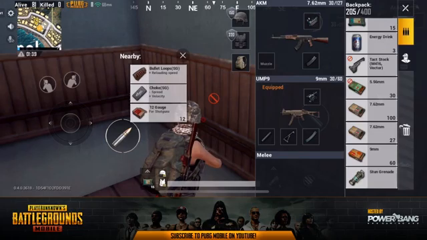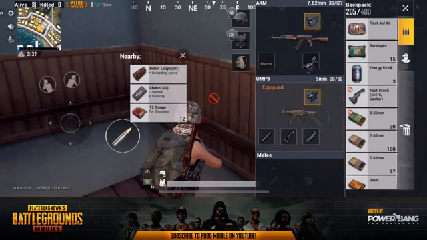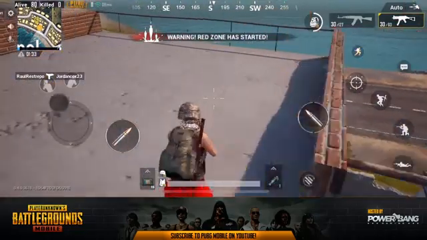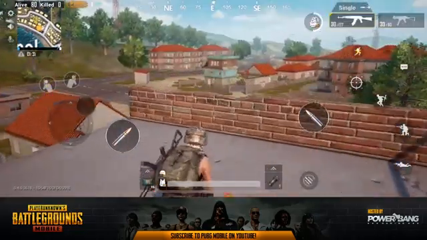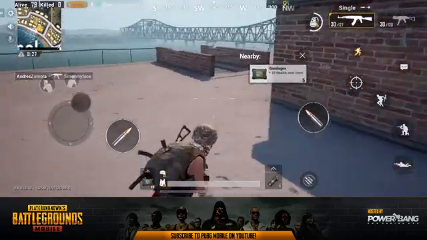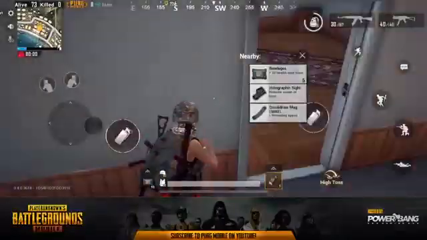The attachments and the ammo will not clear out of your inventory, and that inventory space is valuable for other things such as boosts or med kits. You want to make sure that you have the space available for the items that are actually going to benefit you. Now, once you've dropped, cleared your immediate area, looted up a little bit,